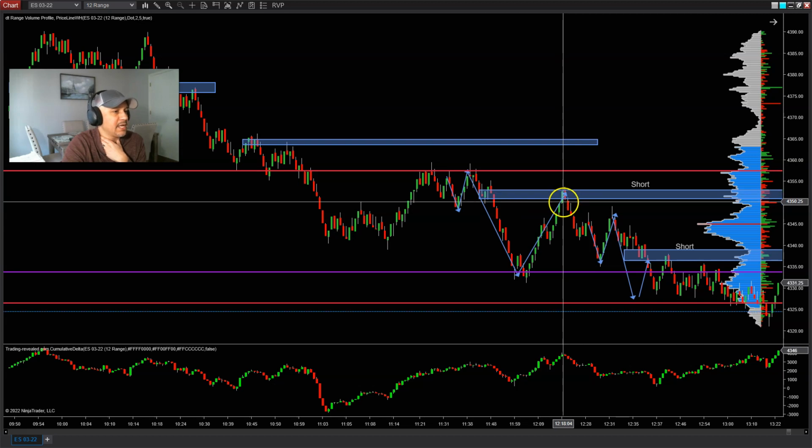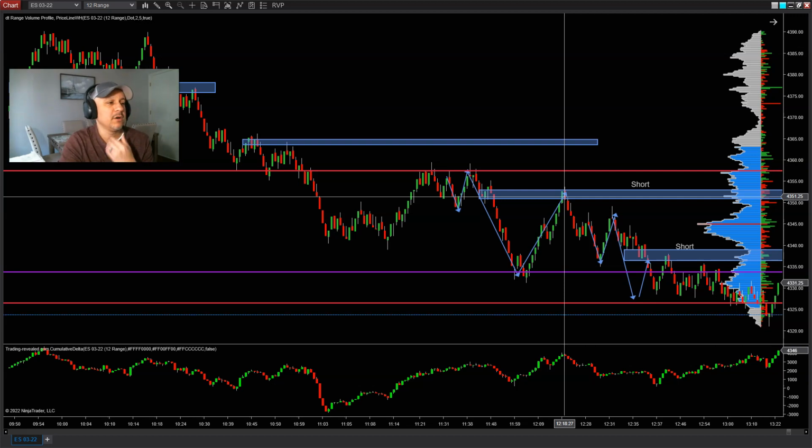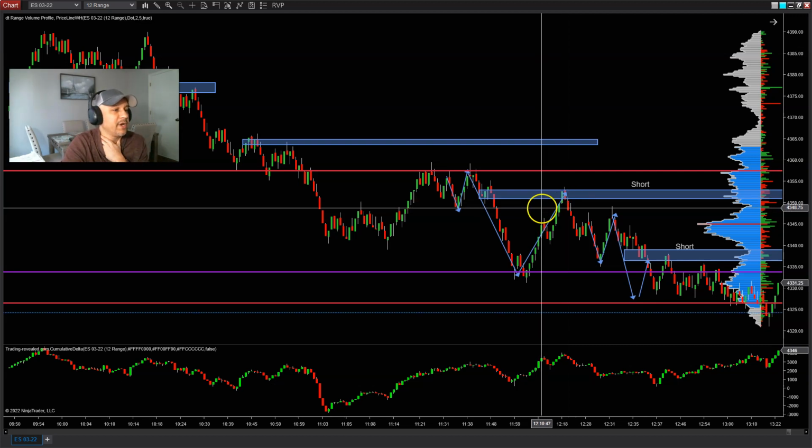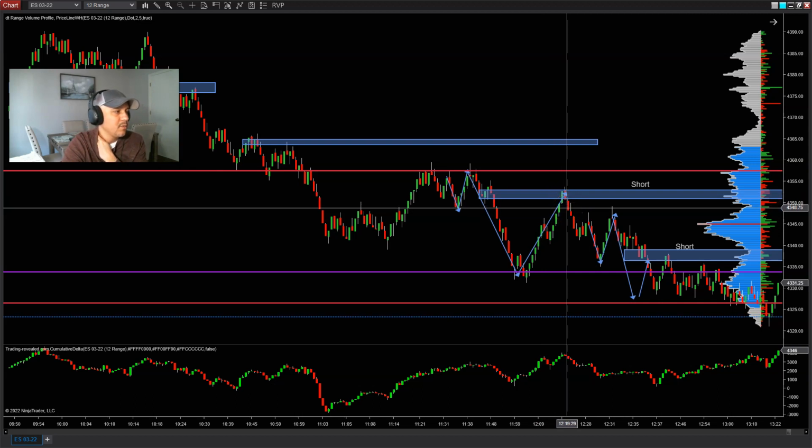At this point, I see a green candle followed by a red candle, which to me is the first indication of rejection, okay? Now, in order for me to get into this trade, if I'm trading straight off the 12 range chart, then I want to see price break back below 48.40, let's see here, 48 and a half pretty much. So on the second candle close to the downside here, you could have gone short, but just be mindful because